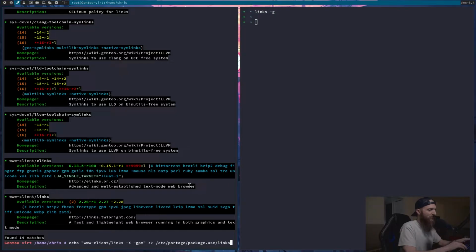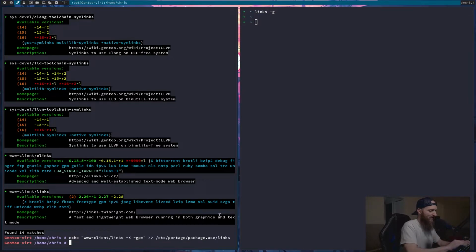Now, you don't have to worry about putting the www-client there. It just has to be whatever program name it is. So we do that, we write it. Now we do emerge